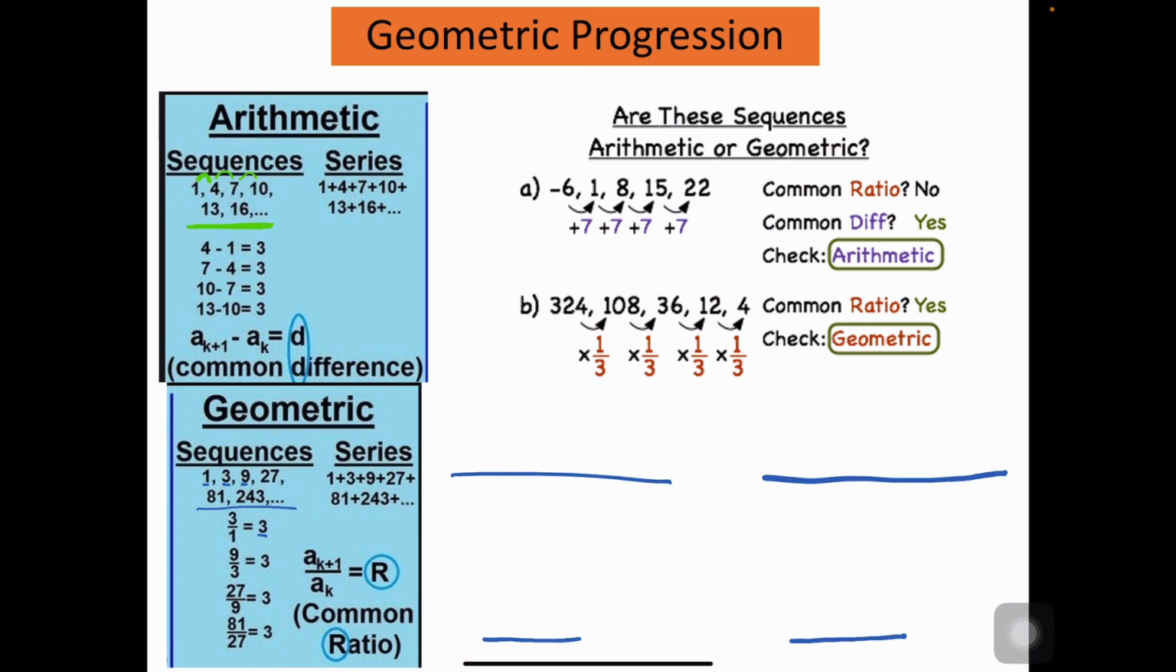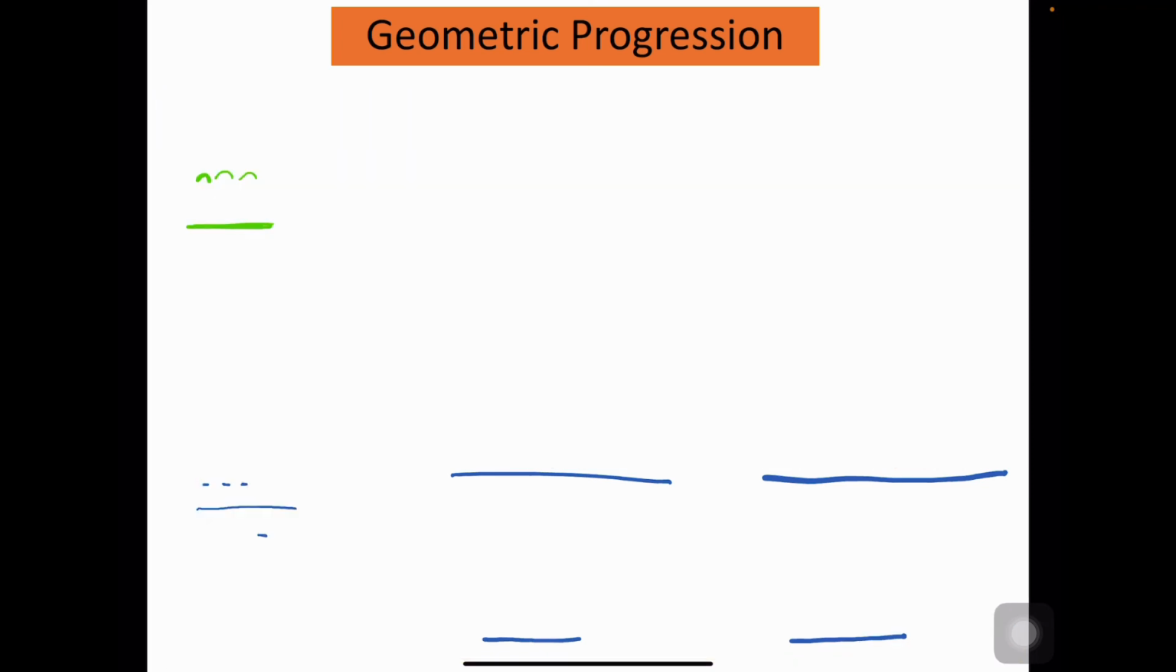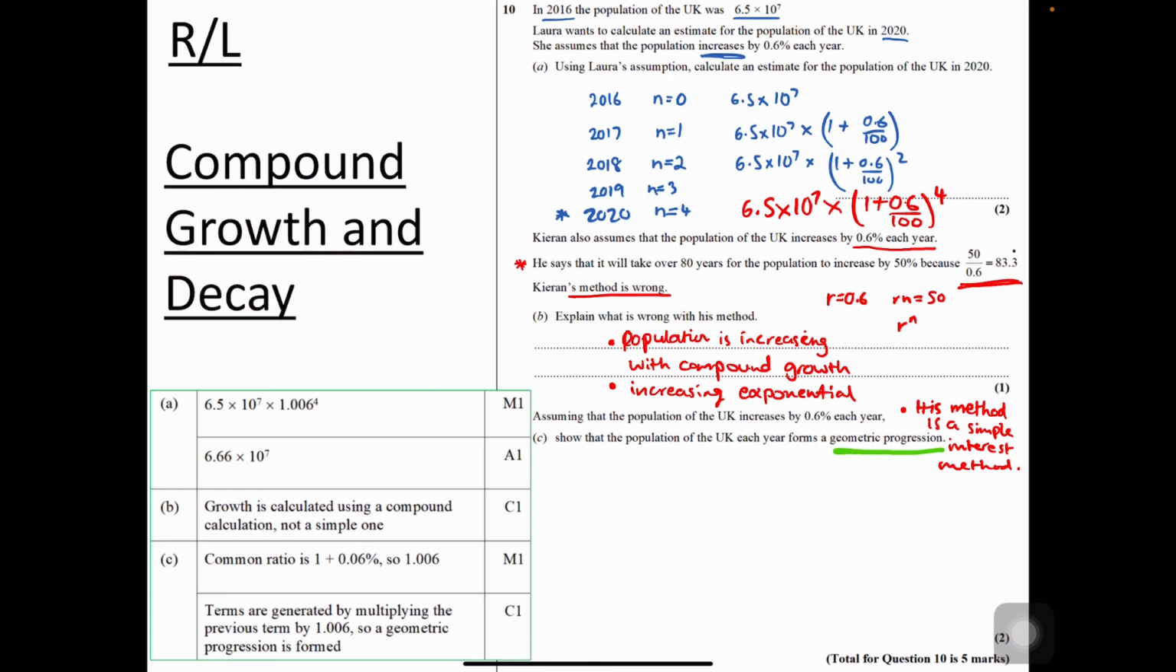So coming back to our previous example here, actually I'll leave the mark scheme answers here so you can see. To prove that the population of the UK each year forms a geometric progression, we need to prove that there's a common ratio, and of course we know that the common ratio is 1 plus 0.06%,